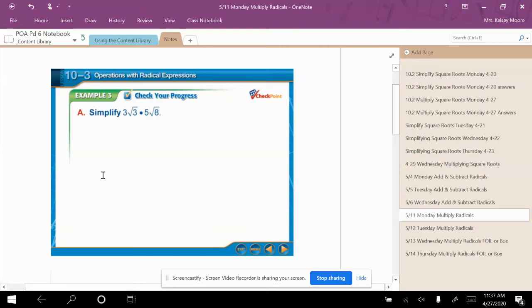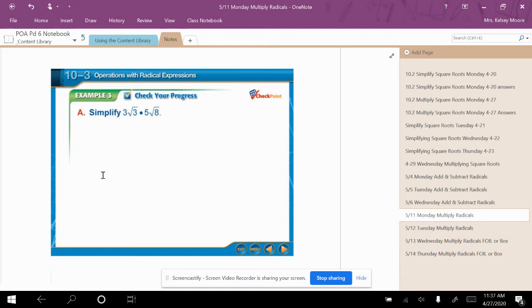This week we are going to multiply radical expressions. Whenever you multiply, multiply the like terms together. You can multiply the numbers on the outside of the radical, and you can multiply the numbers on the inside of the radical. So for this first example, we have 3 square root of 3 times 5 square root